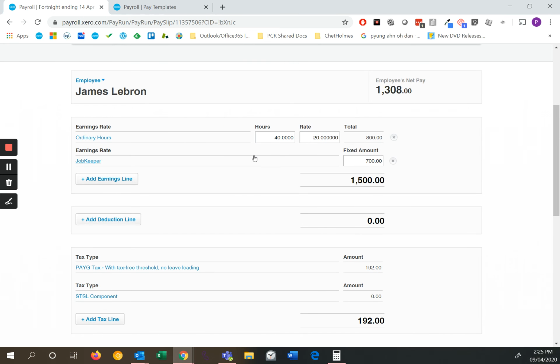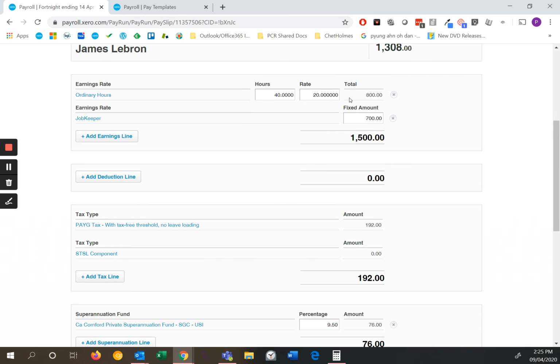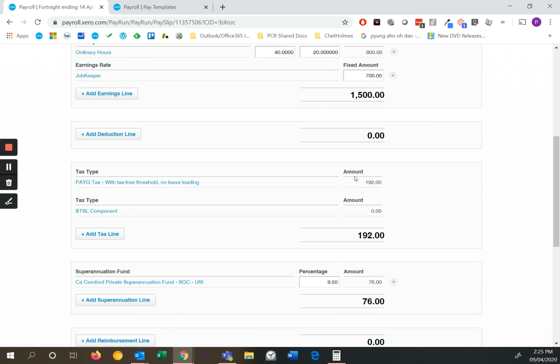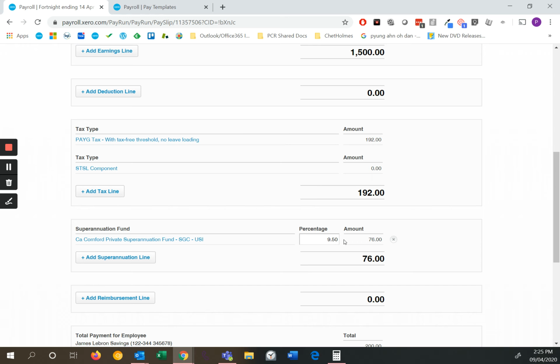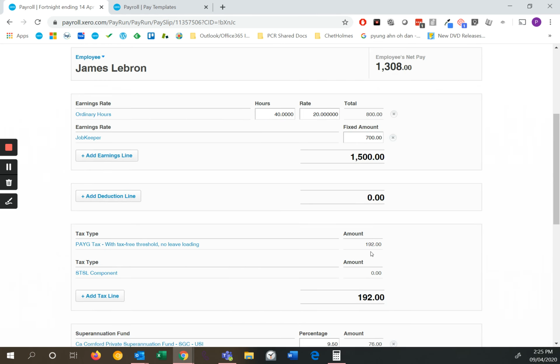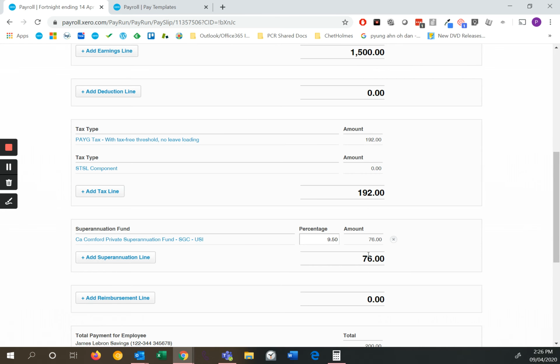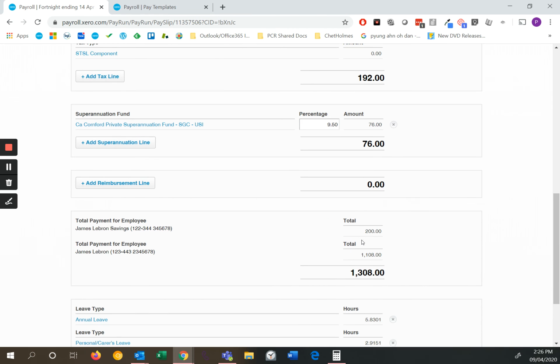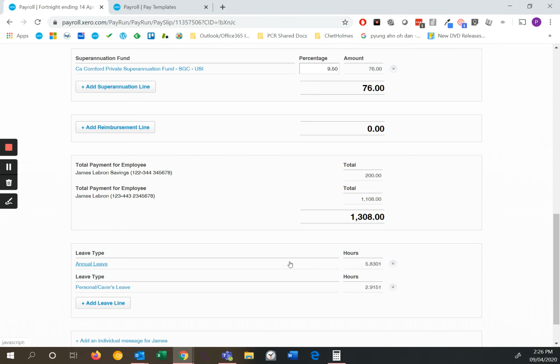Okay, so by entering in that, you can see we've got the $700 there for the JobKeeper and the $800 in ordinary earnings because we're assuming that they're still working. And the super is then calculated on the $800. So you've got $76 worth of SGC still payable, and then you still got their same accrual of annual and